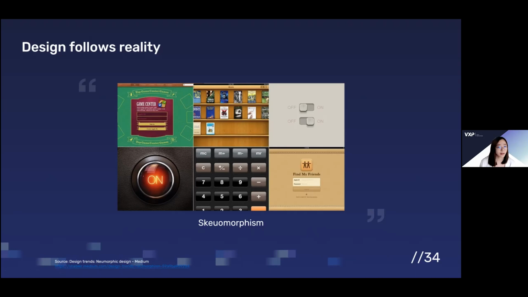At the beginning of app design, 10 years ago, designers used this way to remind people what the app does and how to use it. Because 10 years ago, people were not so used to apps. What do you do with smart devices? That's really new to the earlier users on smart systems. And today,